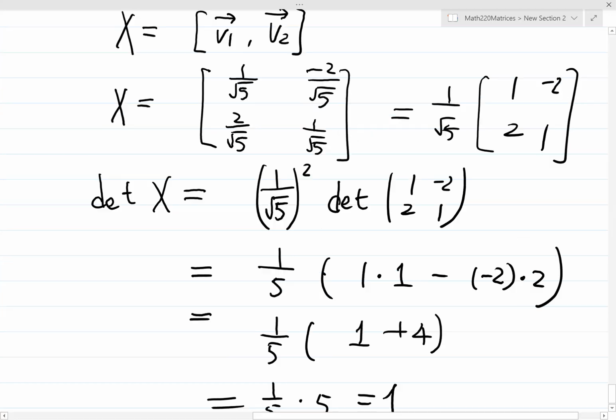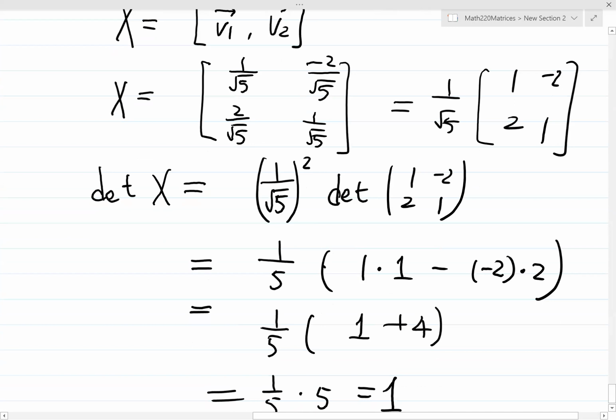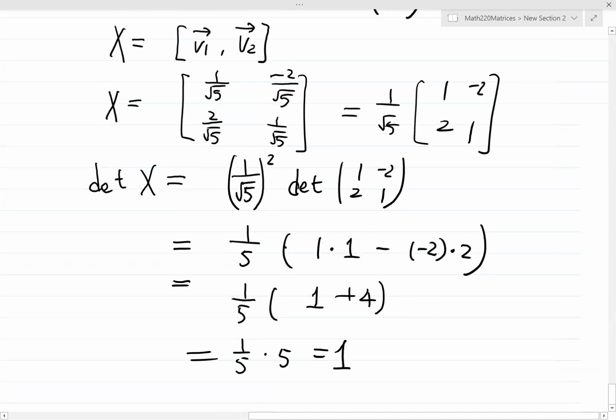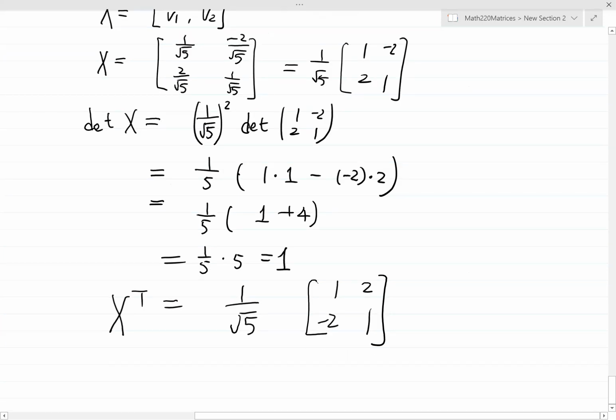Okay, now we don't need to find X inverse. It's not difficult to find X inverse from this problem. It's really easy. Now we just do X transpose. You do X transpose, we get X inverse. X transpose, we just flip the off diagonal entries. So 2 becomes negative 2, negative 2 becomes 2. You flip with respect to the main diagonal. You can check. Indeed, we get